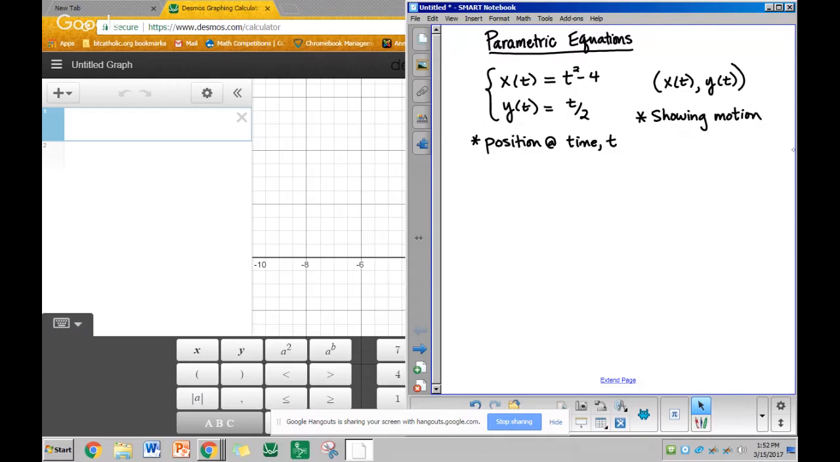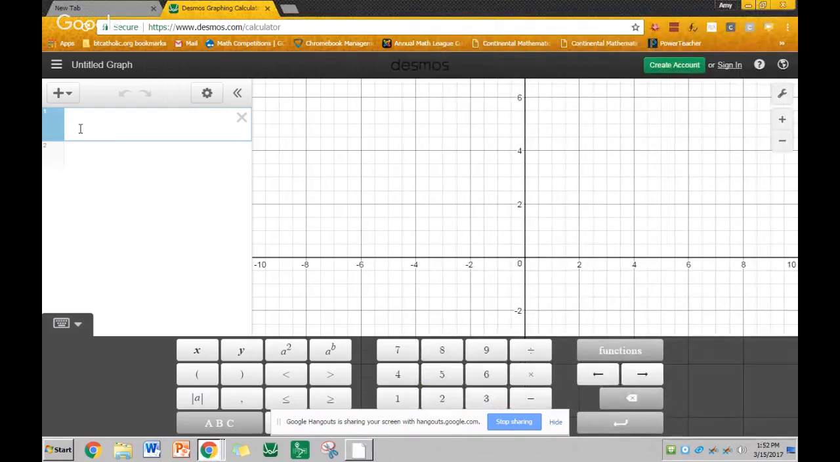And I'm going to do parametrics on Desmos because it's easier for me to demonstrate. And on Desmos, to demonstrate parametric equations, you make it a point. And what is our function? It was t squared minus 4, is that right? So we go t to the second minus 4, comma, it was t over 2. And then you notice that when you type this on Desmos,